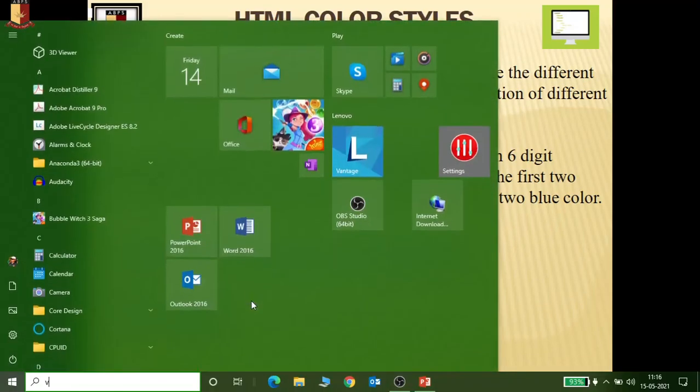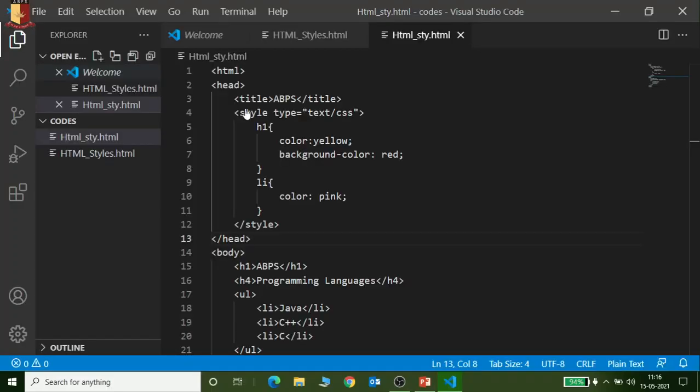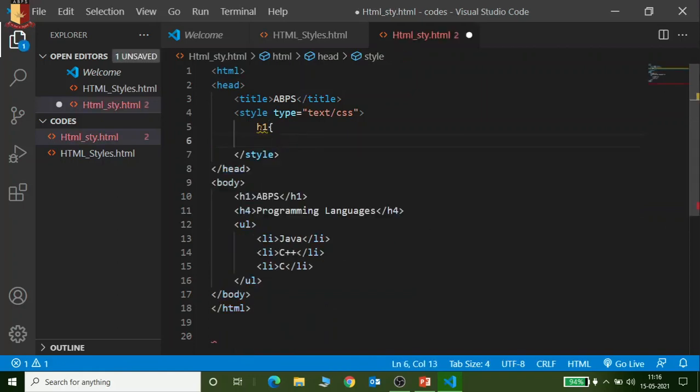So let me start Visual Studio. Let me remove a few codes. So this is the simple document I used here. Let me remove this one also.